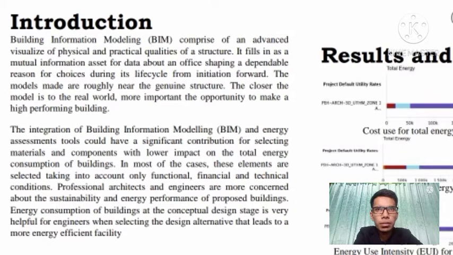The model maps are roughly near the genuine structure. The closer the model is to the real world, the more opportunity to make a high performance building. The integration of BIM